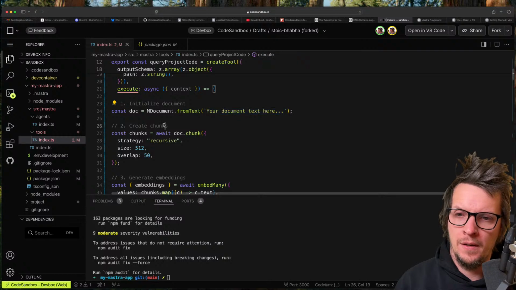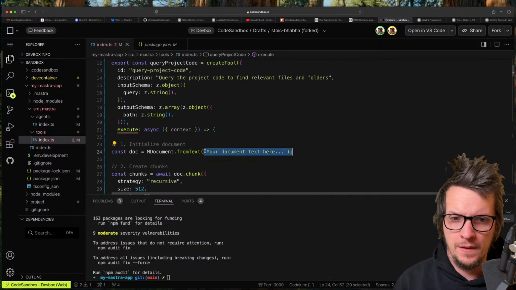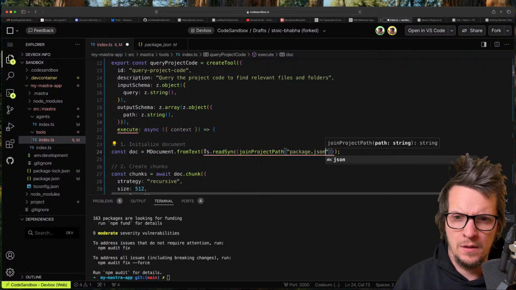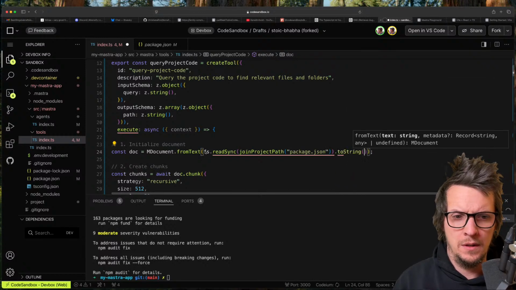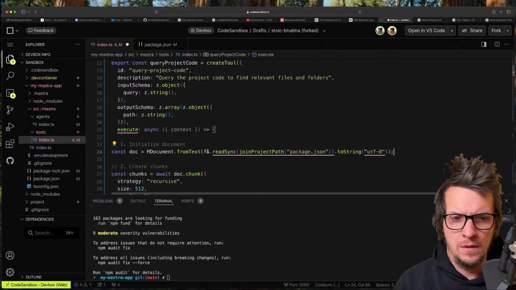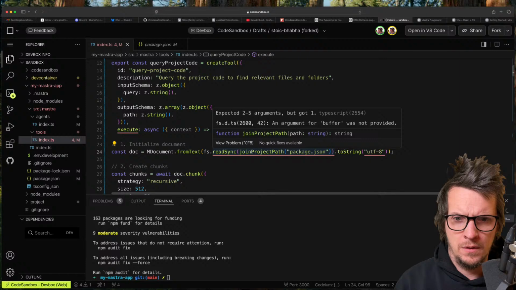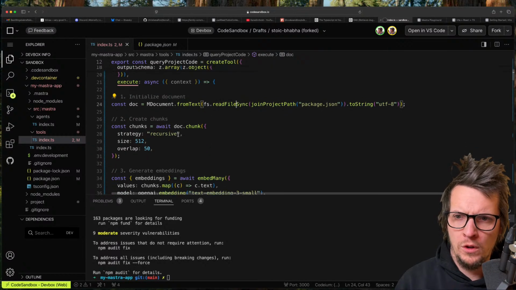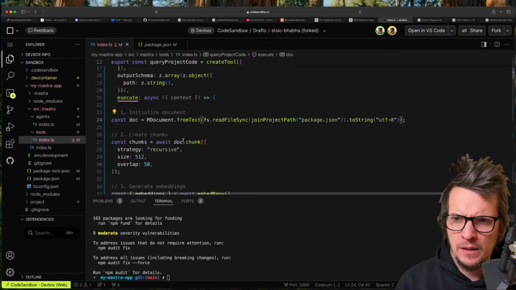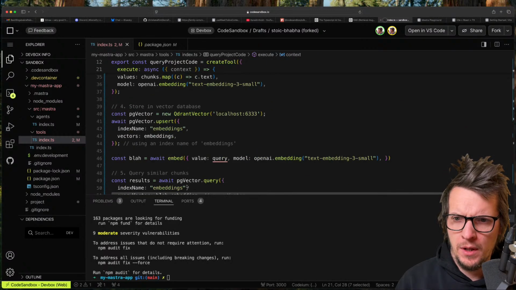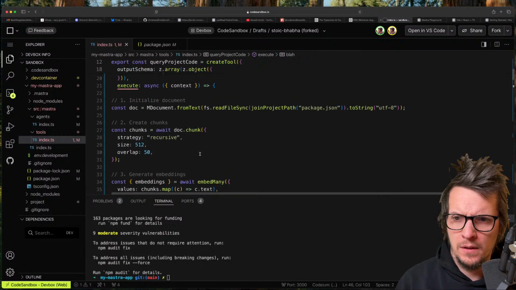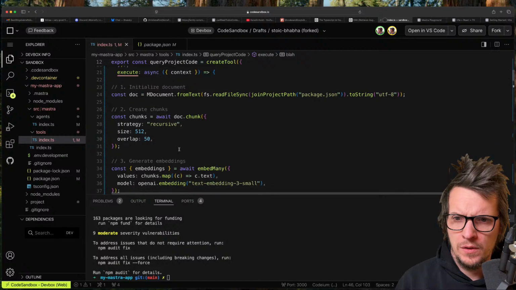Okay, so I think we're actually gonna do a file fs read sync join product path, and we're gonna do package.json to string. Wait, why doesn't this work? Oh, read file sync. There we go. Cool. And then we have context. Where's the query? Context.query. And chunks